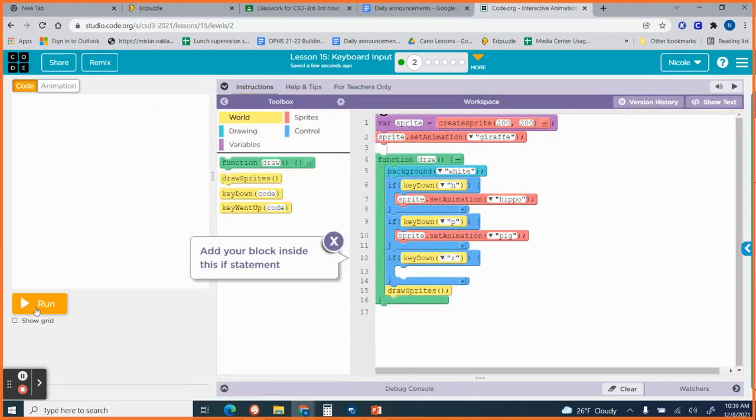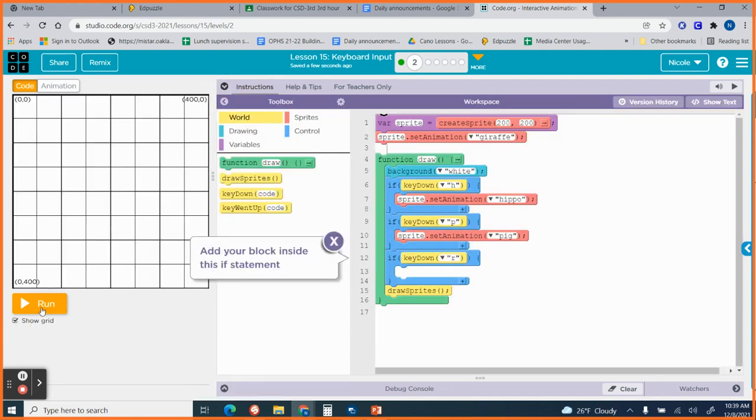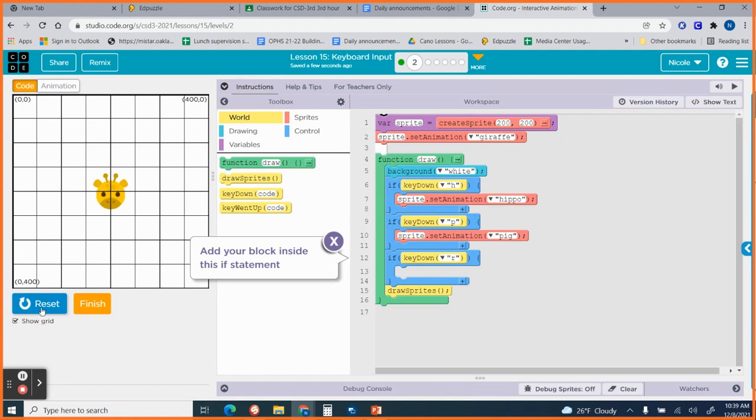Again, I like to put on my grid just because, and if I hit run, it told me to hit the P, and what was the H? So H looks like a hippo, and P looks like a piggy, and it's kind of cute. Oh, look at that, they're changing. Kind of like you. Anyways, so now we want to do a different one for R. I'm not sure what R is going to be. So when I want to make a conditional statement, if the R key is down,